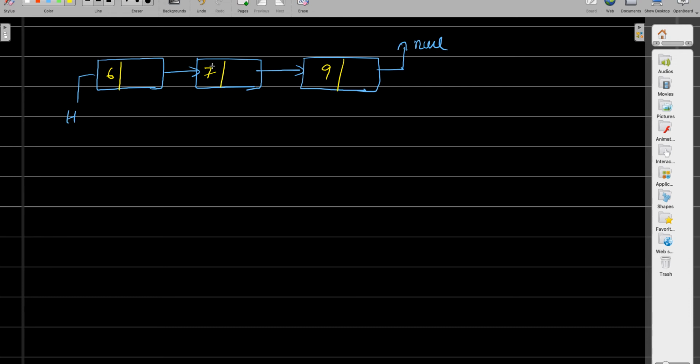So assume that this is the node, so this is the object. When you create an object, what happens in the heap? The object will get memory allocation and the memory will have an address, right? That's how you identify the object. So assume that this object address is equal to 900, so this 900 will come here, and this object address is equal to 100, so 100 will come here, right?